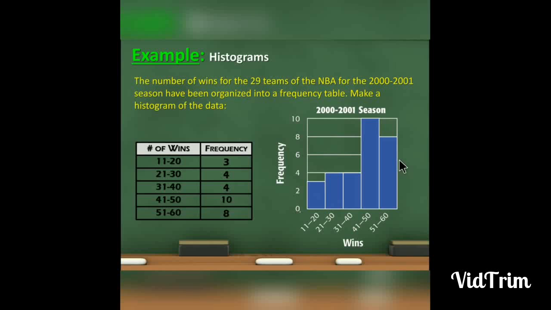In the example, the number of wins in the NBA for the 2000 to 2001 season have been organized into a frequency table. Make a histogram of the data. In this table,